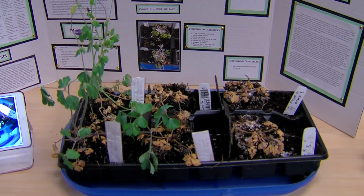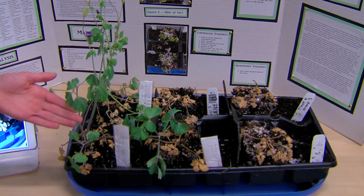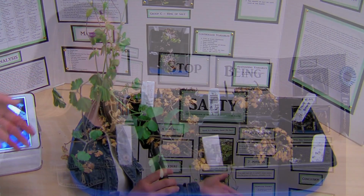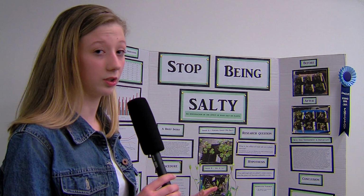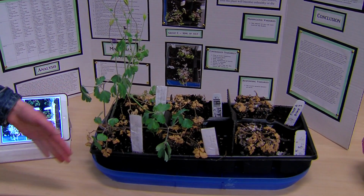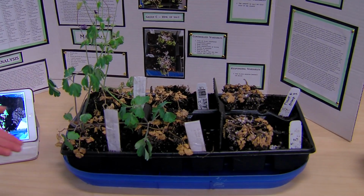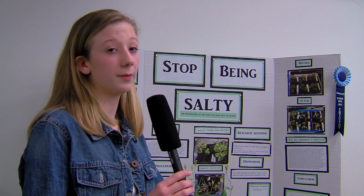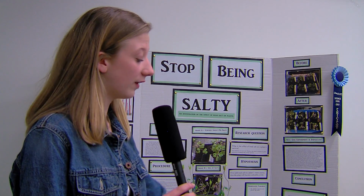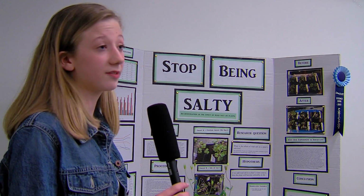and on native plants. So what we did to begin is we bought 6 plants and separated them into 3 groups. They all got water every other day, the same amount of water. With this group, we added no salt to their water source. With the second group, we added 5 milliliters, and the third group 10 milliliters, to test how different amounts of salt affected different plants. Within 2 days, the group with the most amount of salt died. Within 5 days, the group with the minimal amount of salt died, and the group with no salt showed signs